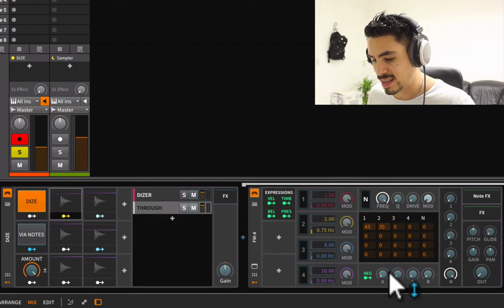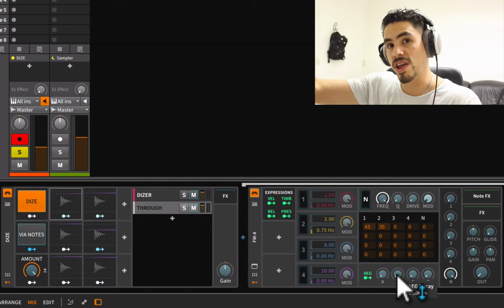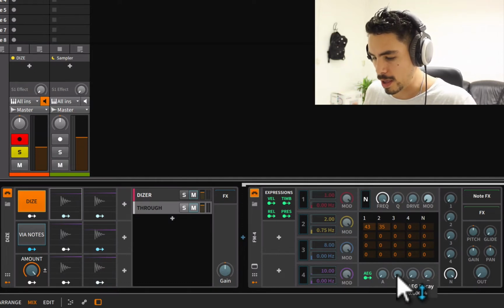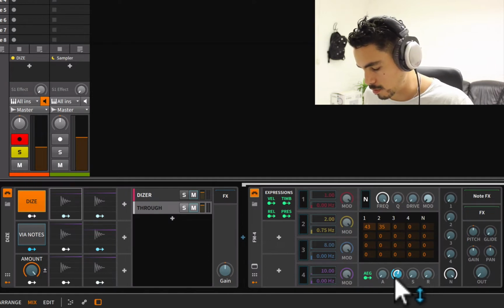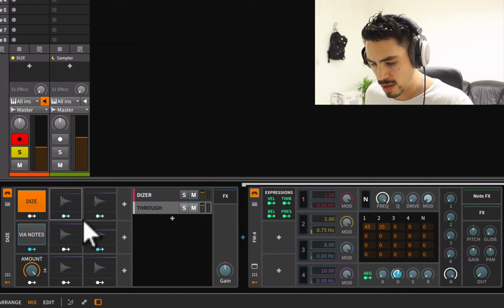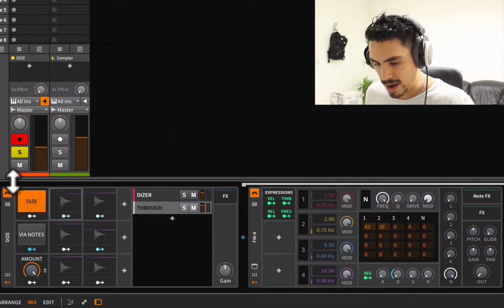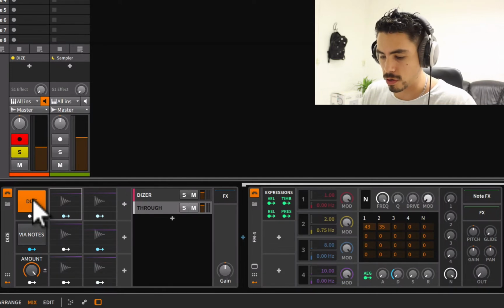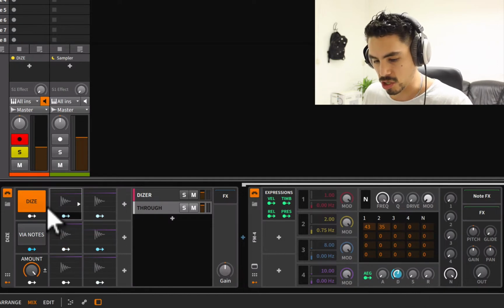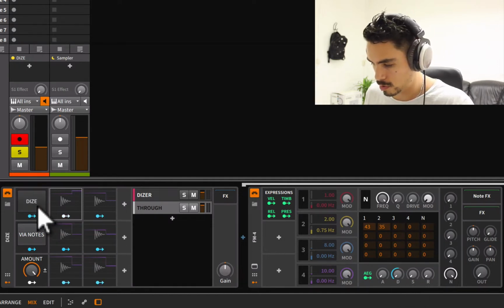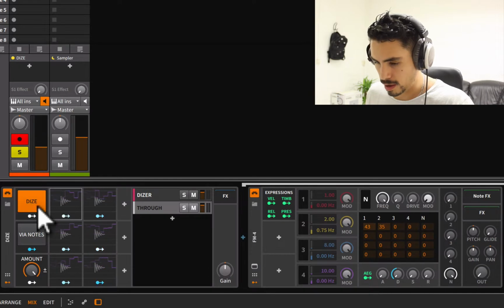All right, so I'm going to click it, and bam. Now I can set the amount or the range that I want to be randomized. So I click and drag, and this is the amount that it can be randomized. The maximum is going to be from until here, and the minimum is going to be the very bottom. Okay, click again to go out of mapping mode. Yep, and now every time I press the dice button, you're going to see this blue modulation line change to a random position. See? And if I press play,